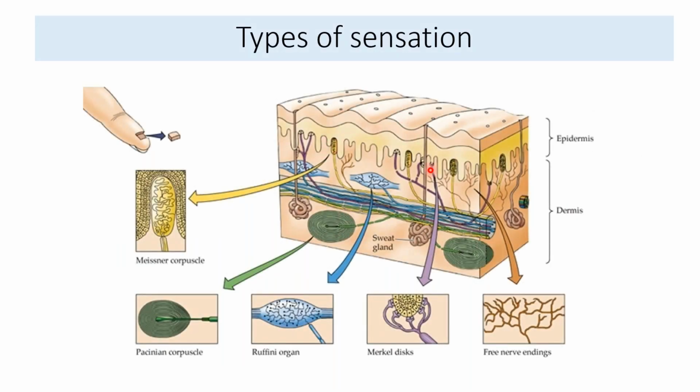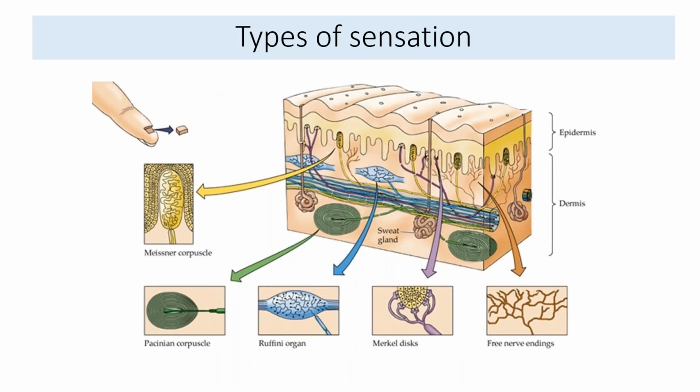So these are the types of sensation. This is a cut section through the skin. If we cut a portion of the skin from your finger, this is just an example. These somatic sensations are present everywhere in the body, but this is just an example from your finger. If you cut the tissue, this is how it will look. And these are the types of receptors that you already know from the general anatomy classes. From the receptor level, the sensory information is going to originate. From the receptor, this sensory information is going to ascend up into the higher centers in the central nervous system, and that is what creates the ascending tracts.